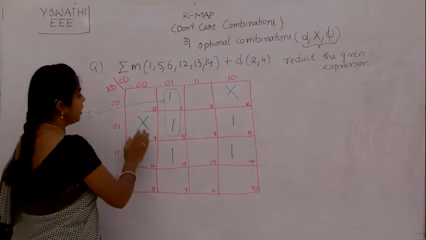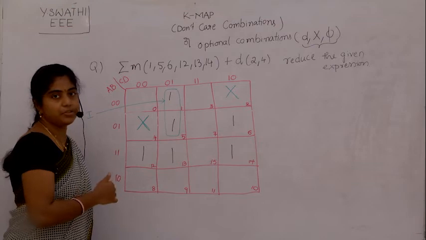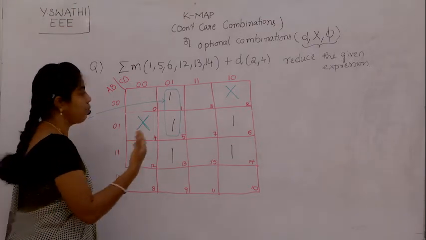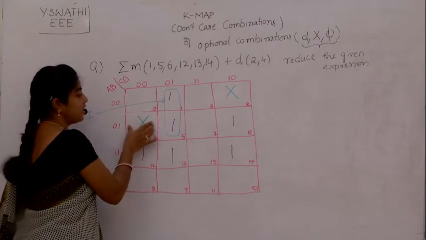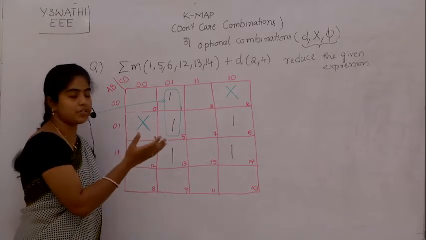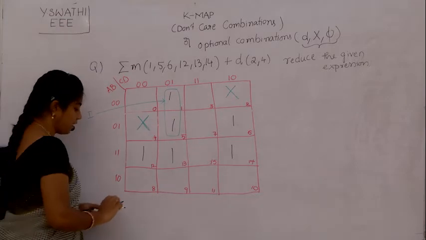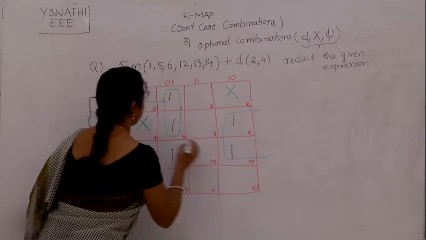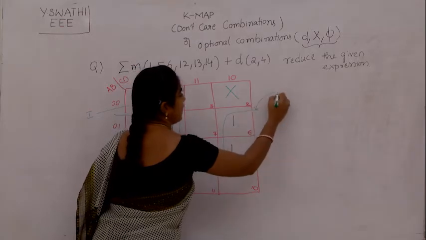By taking the don't care condition as 1, I can reduce the expression by forming more quads or octets. So I take this don't care as 1 to do a grouping of quad. This is my second prime implicant,